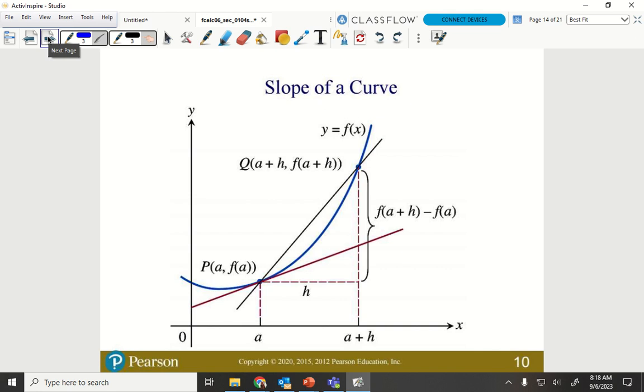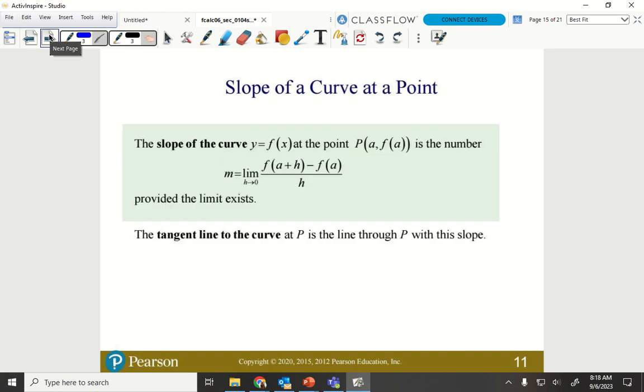Because we are finding what happens as h approaches 0, right? We had a secant line where the secant line touches my curve at two different points. It crosses my curve at 2 points. A tangent line will touch it at a single point, and I'm trying to get this h value to shrink all the way down to 0. From the notes we did yesterday, it's the same thing. They just called it, instead of f of x plus h, they called it a. So my slope, same thing, limit as